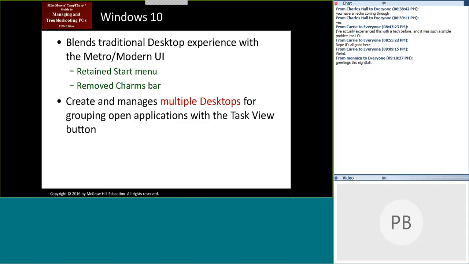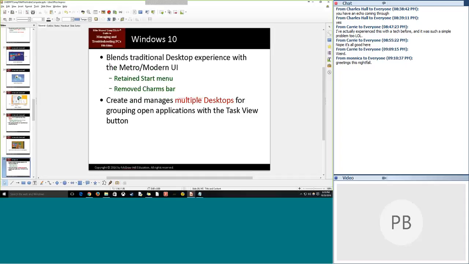And then another cool feature within Windows 10, and I hope you'll still be able to see my screen, let me know if you can, but it allows you to create and manage multiple desktops for grouping open applications with the task view button. So this icon right here with the three boxes,